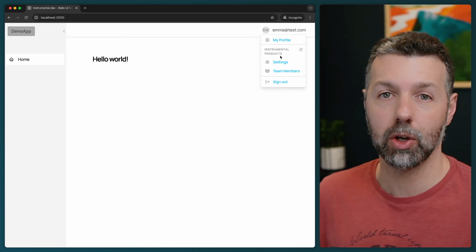And then I have a handy link here that I can go to manage that person's role in my team. So all these little details around accounts and teams and invitations, it's all included in the teams component that's in Instrumental Components. But I want to dive into the code base to show you how all this stuff is wired up. Okay, now before we look at code, let's talk about